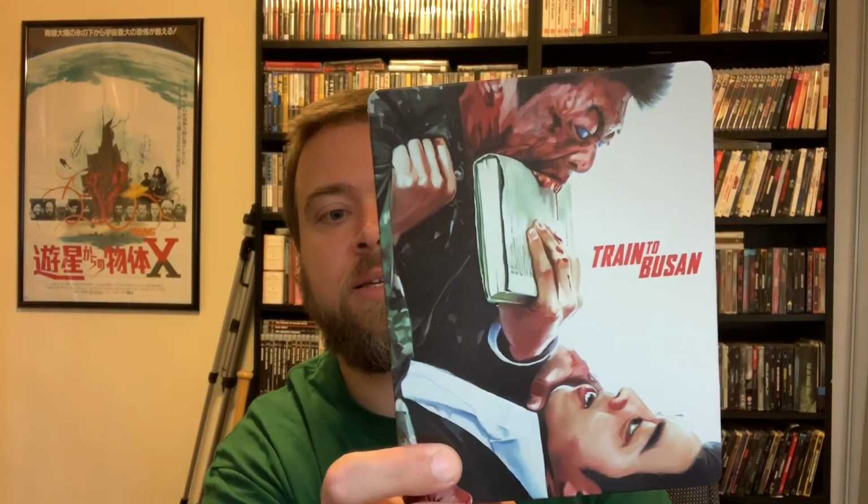Next up is Train to Busan. Let me know what your favorite modern zombie or infected movie is. This is an all-out, balls-to-the-wall zombie, infected movie, which part of it takes place on a train right here. And I always keep the back J card too. And there you go. And I'll go ahead and show you the interior